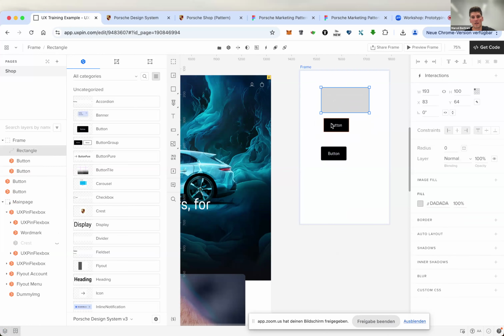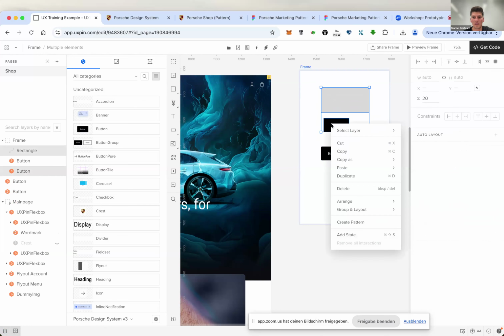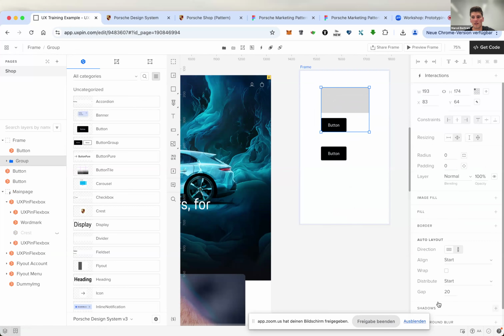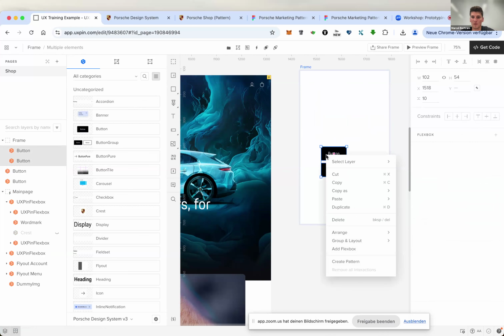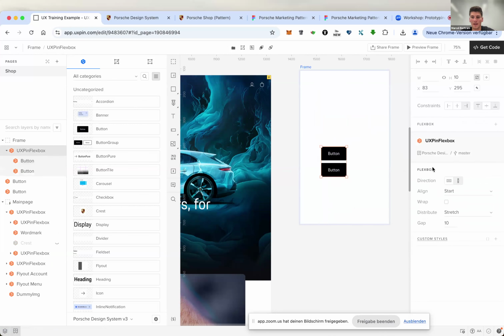And you can combine this together very easily also with grouping, auto layout, all the stuff. But auto layout is not behaving as layouting for developers as with the real code. So the real code example of layouting is Flexbox handling. And it's also the same properties, like its distribution and its alignment, its direction. These are the same